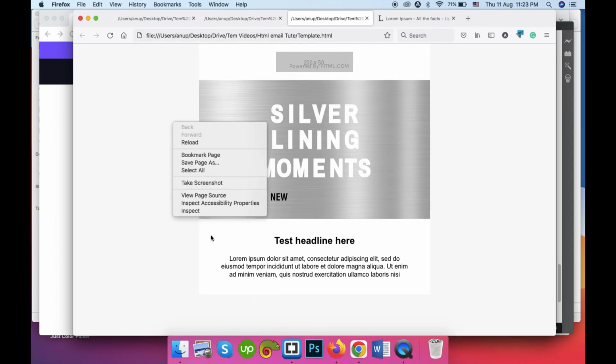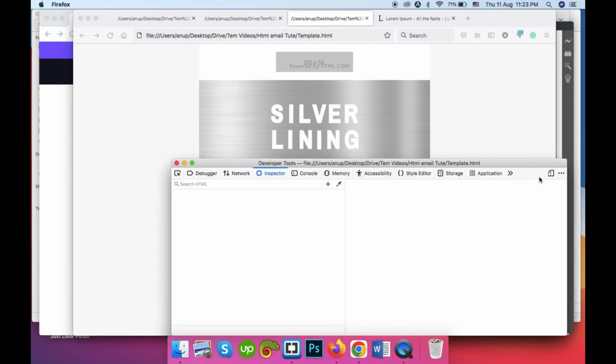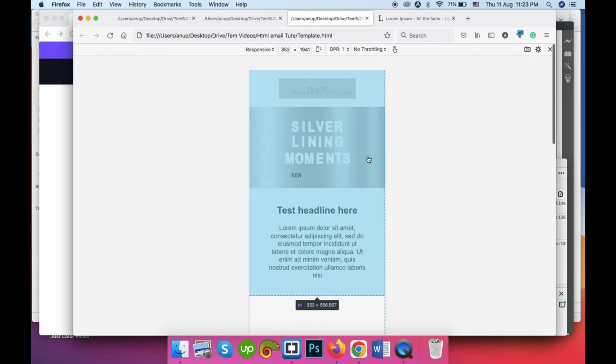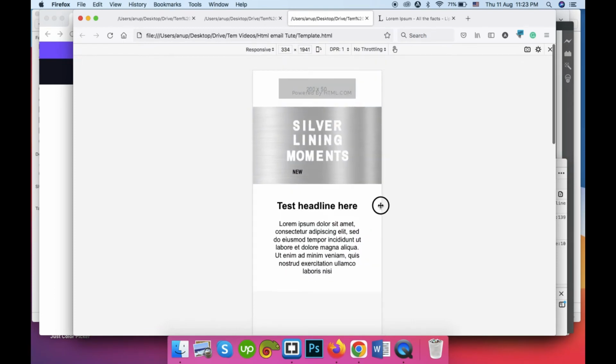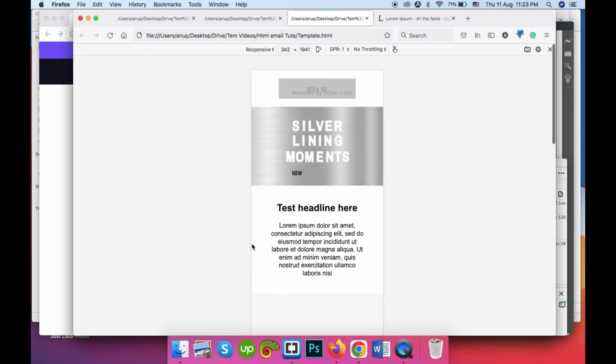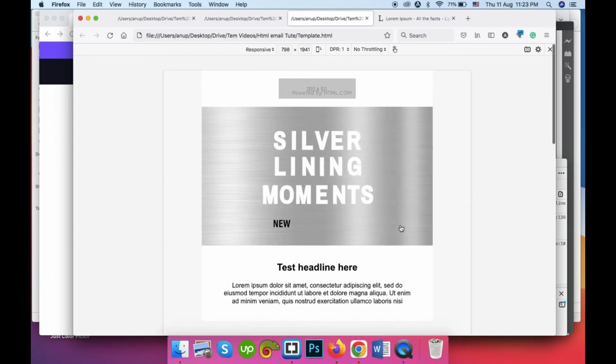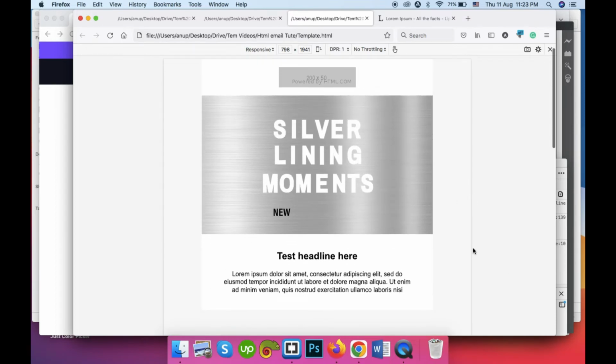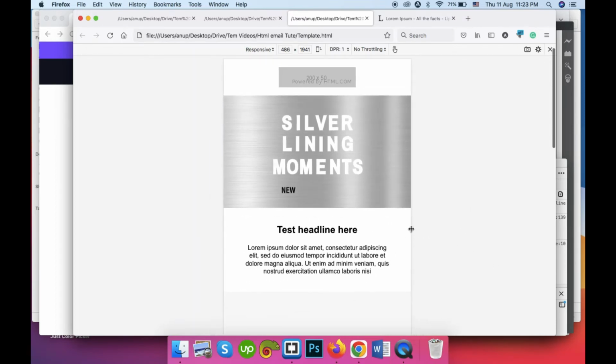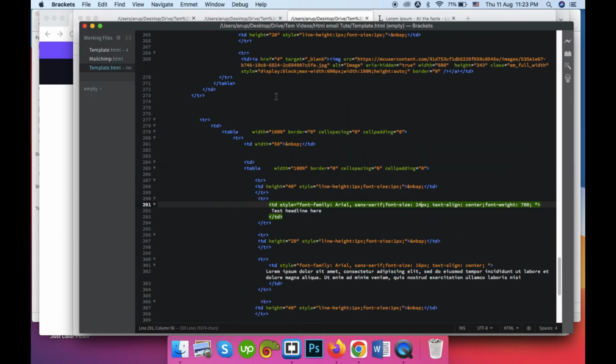Now let's see how it looks in my mobile screen. This is the mobile screen, and the 50 pixel here is a little big. In the desktop version the 50 pixel looks good, but in mobile device, if you want to modify this width, then what you can do is,